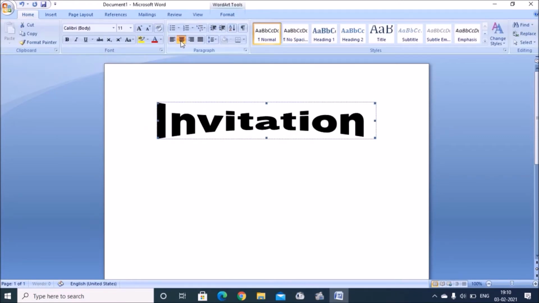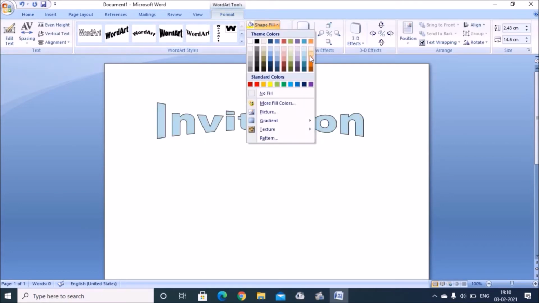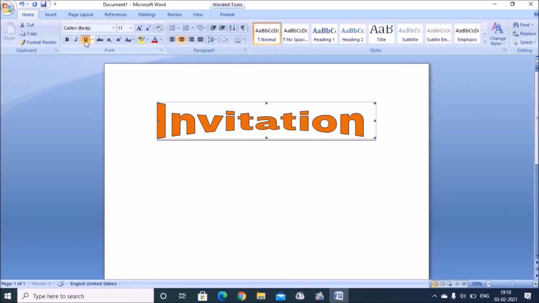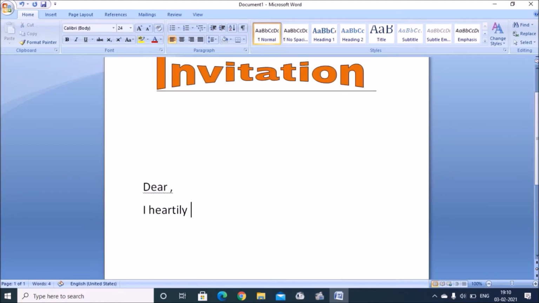Then we will type our matter. You can apply different formatting features as you want. I am making the text a little bigger so you can see it clearly.